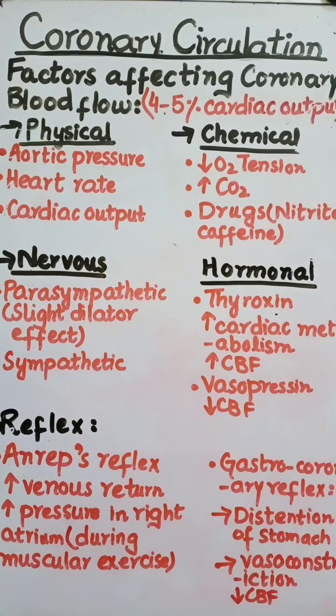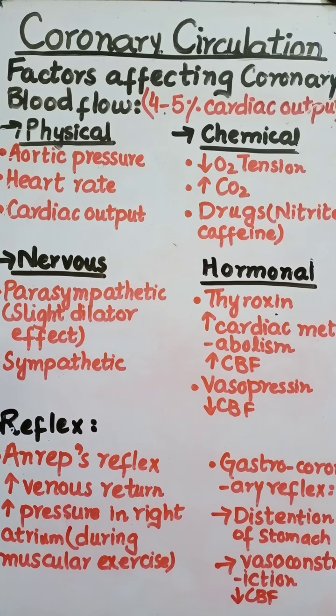There are some drugs like nitrates and caffeine, etc. They also increase vasodilation of coronary vessels, and due to this vasodilation, more blood flow will take place, and thus coronary circulation is enhanced. Number 3 is nervous control. Nervous control is through the parasympathetic and sympathetic divisions. Parasympathetic has a slight dilator effect. It means that it will dilate the coronary vessels slightly, and thus this will increase the blood flow to the heart. Sympathetic